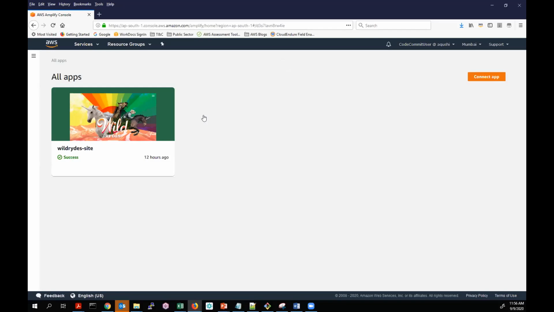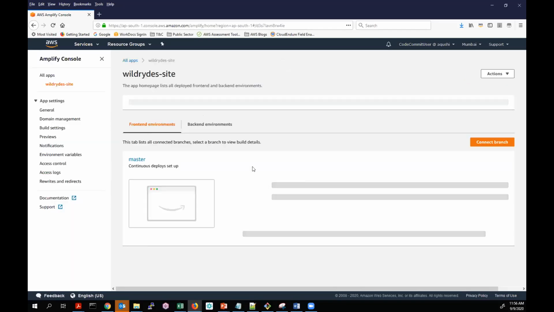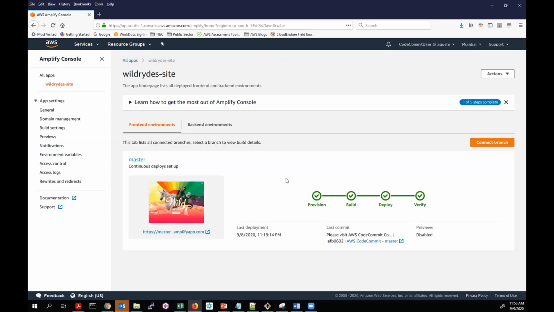Okay. So I've already hosted this environment. So if you see, I have created a complete application, hosting of the application using Amplify. The steps to go through this, I'm just going to walk you through the steps in a simple way. So you first have to log into your